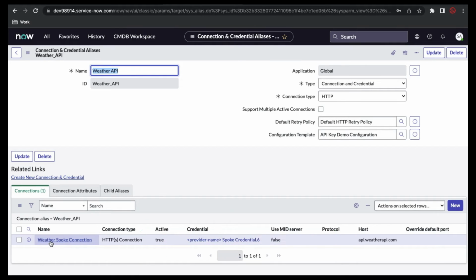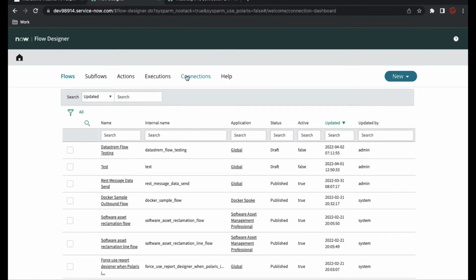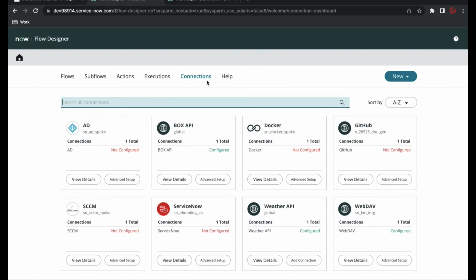So if you move your port to the next environment, make sure to manually create one connection. So you put in the manual step to create these connections manually. Otherwise, you can by force add this data to your update set. Now, if I go back to the Flow Designer and go to the connection, you see there